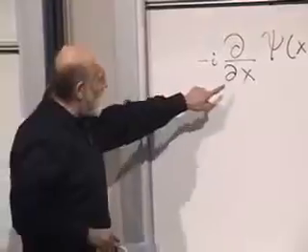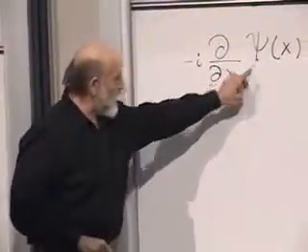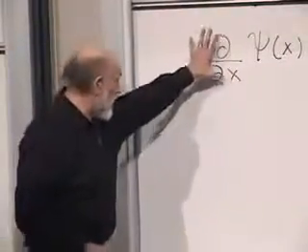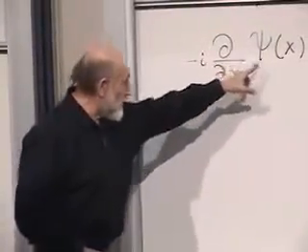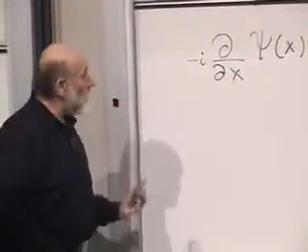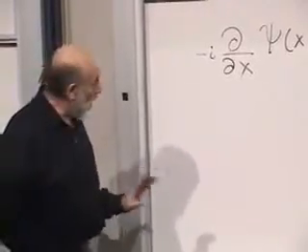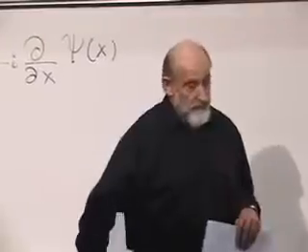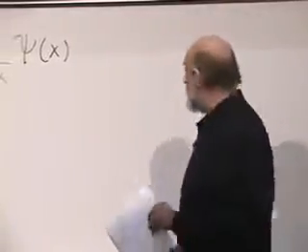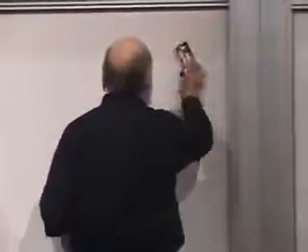Minus i d by dx on psi of x is an operation. It's a linear operator on the space of functions, and it's a Hermitian linear operation. Let's see if we can prove that it's Hermitian. And the simplest way to prove it is to prove that